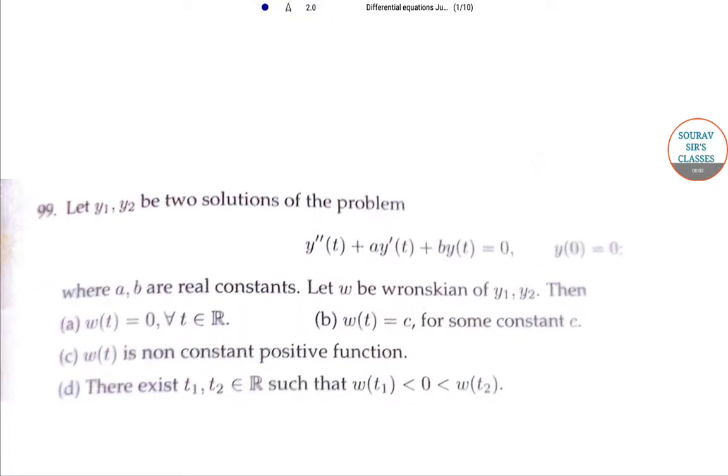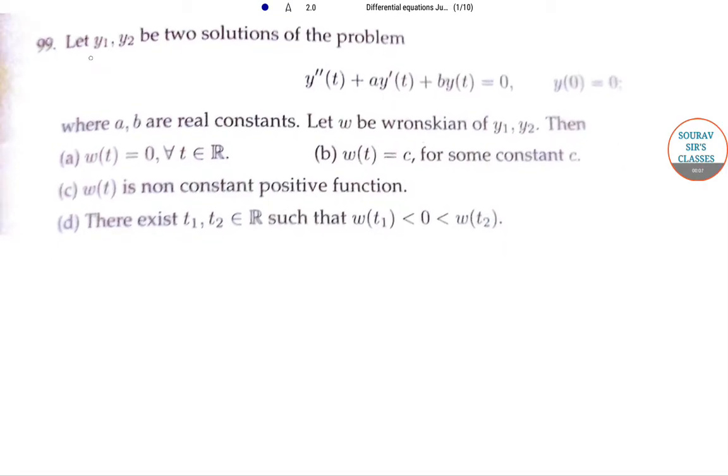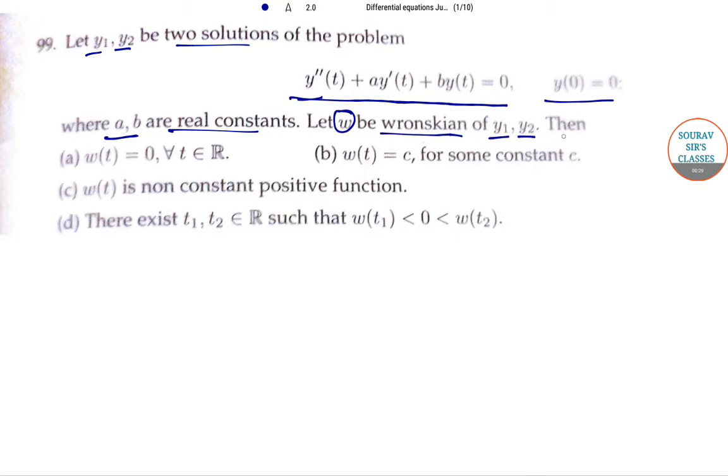Today we are going to solve a few questions on differential equations. The question is: let y1, y2 be two solutions of the problem y''(t) + a y'(t) + b y(t) = 0 and y(0) = 0, where a and b are real constants. Let W be the Wronskian of y1 and y2. Then